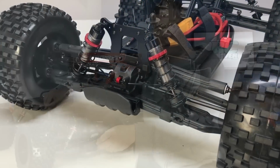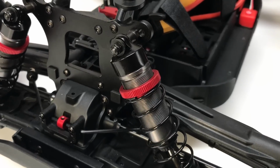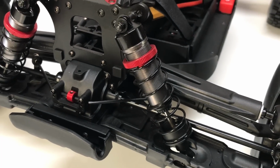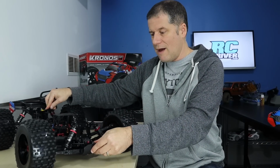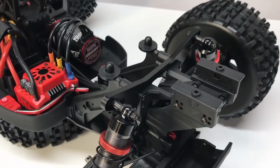They definitely have a good feel on this truck as well. No dust boots on it, but I'm totally cool with that for this basher style vehicle, especially where I'm going to be driving it. And since I maintain my vehicles, I'm not too worried about it. But it does have enough pack in here, I believe, to really help this truck out when you're landing off